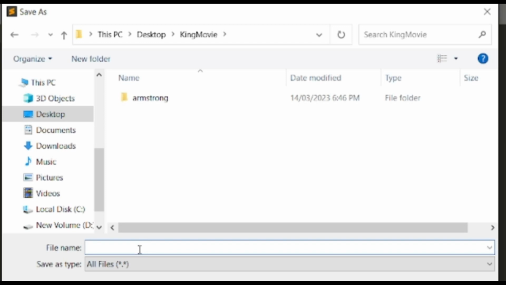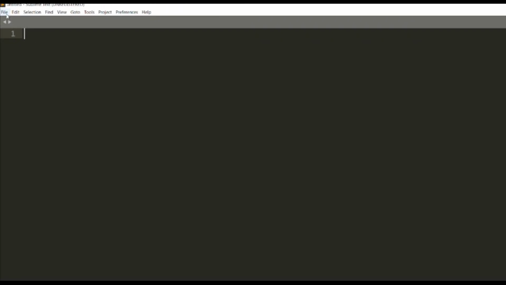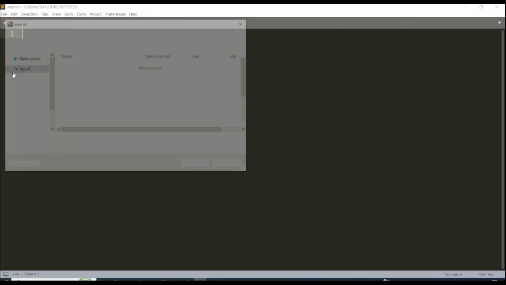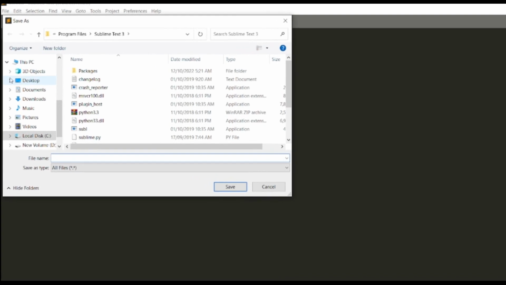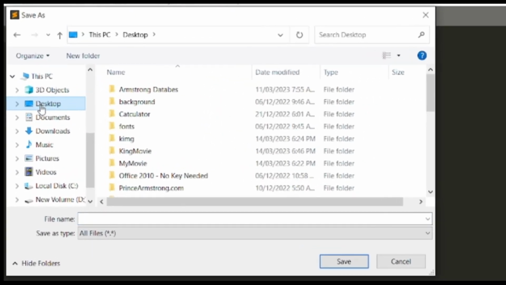Then after that, I'll give it a name as index. Now, someone may ask, how did you go by? Let me explain. You just click on File and click on Save As. And when you click on Save As, now come and select your desktop where you created a folder known as